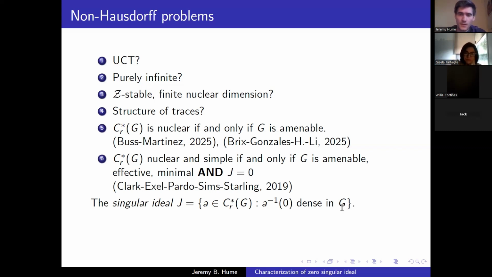So these functions actually exist, which is kind of surprising, given that in the Hausdorff case, all functions in the groupoid C-star algebra are actually continuous. So anything with dense zero set would actually be 0 in that case. But since we have possibly discontinuous functions,